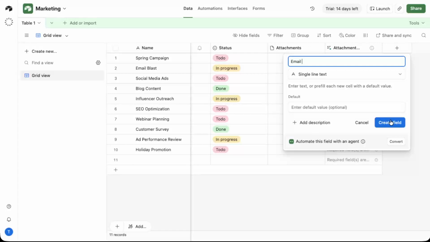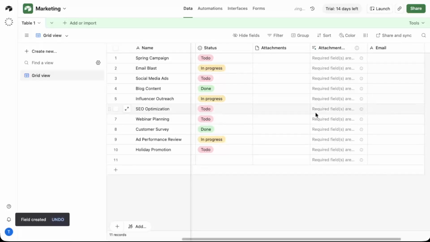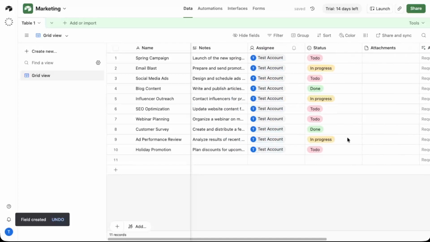Once you've entered the name and confirmed the field type is set to single line text, go ahead and click on Create Field. Airtable will immediately add your new column to the table and you can start entering data right away. That's all there is to it. You've successfully added a